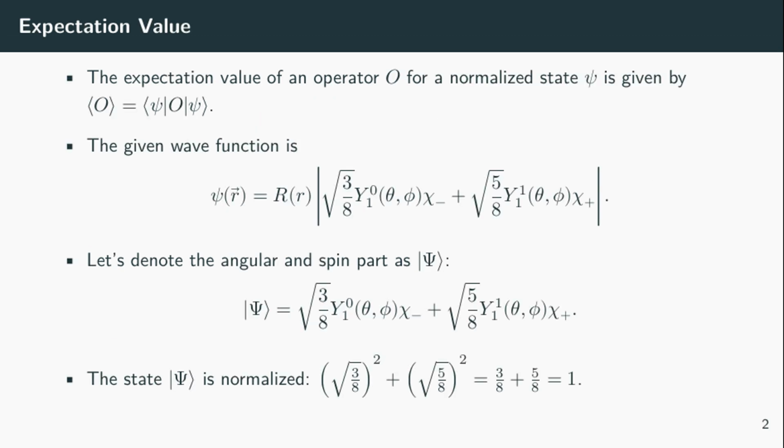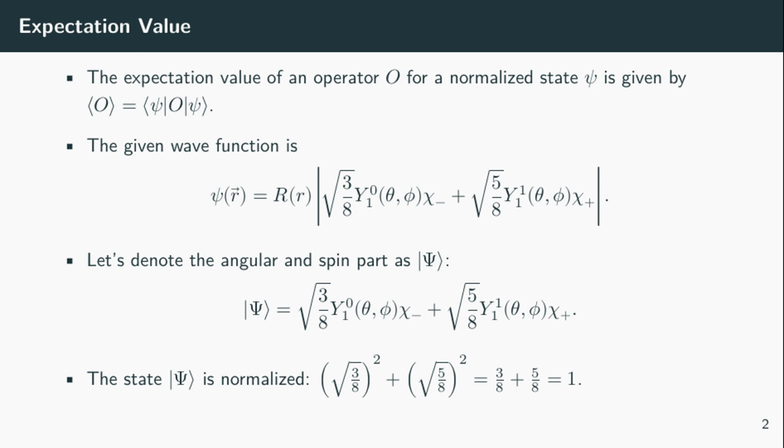To find the expectation value of any operator O, we use the familiar formula shown. The given wave function is a product of a radial part and this angular and spin part, which we denote as psi ket. We can quickly verify its normalization by summing the squares of the coefficients. 3/8 plus 5/8 equals 1. Since the total wave function is normalized, we can focus solely on this angular spin part for calculating the angular